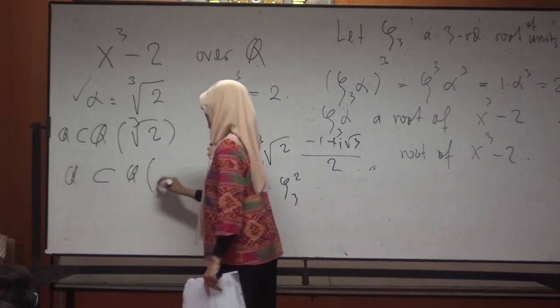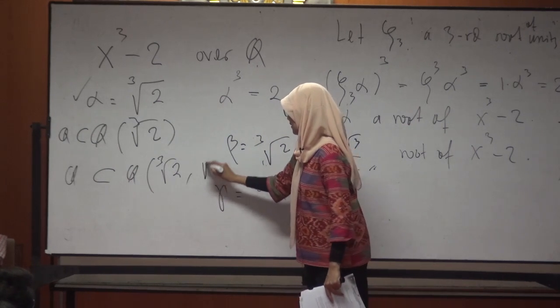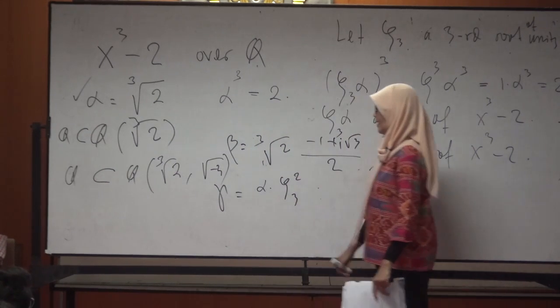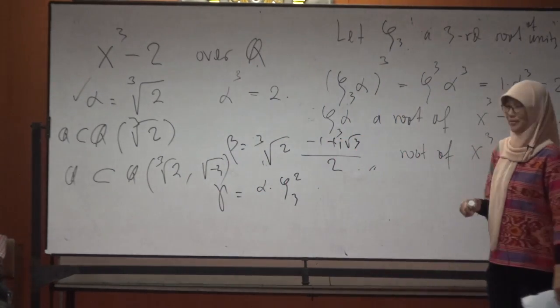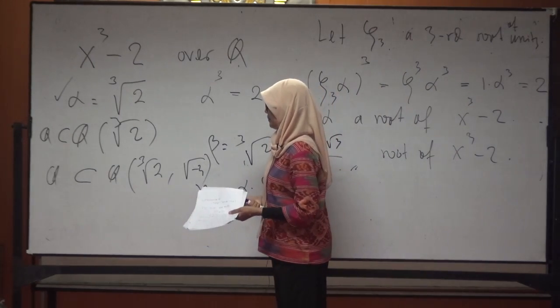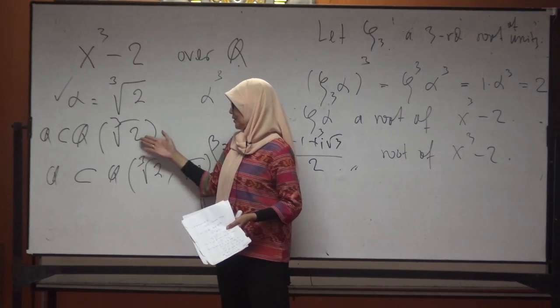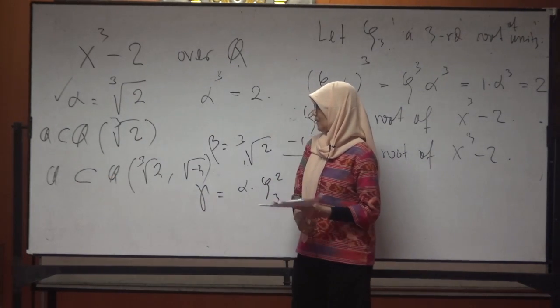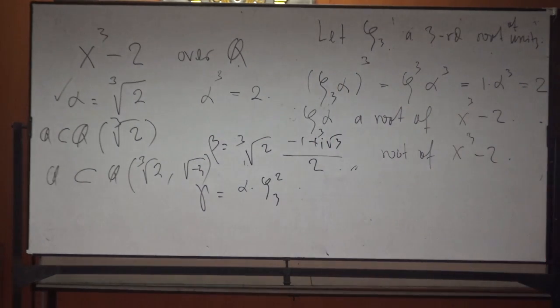This is Q. Yesterday we have already seen that the other field is this one. You can look at your notes if you have notes. So we have this situation, and later we will see that this is an extension field. This is also an extension field. One of them is Galois, but the other is not Galois. Okay, I will continue first before we come to this Galois.